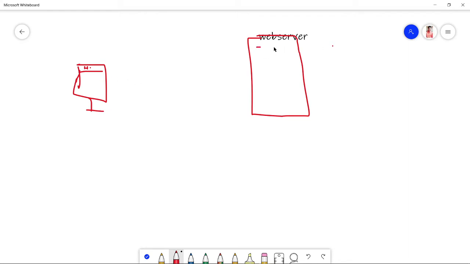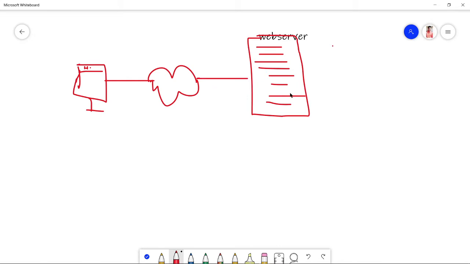Inside that, they'll have all the databases they need to show on their website, and we'll be accessing this website through the internet. There will be many folders, pictures or images, videos or other things they can have on their web server.